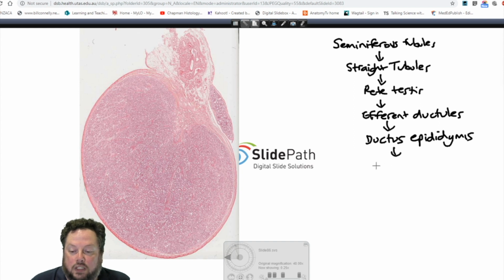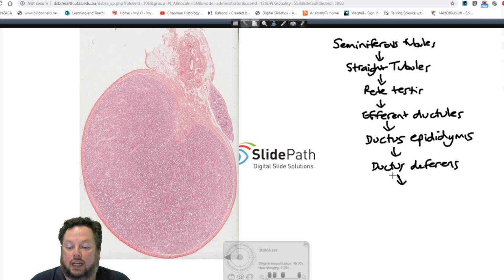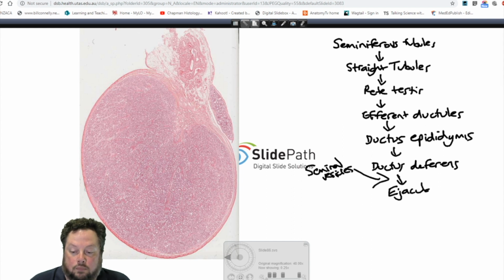The ductus epididymis becomes continuous with the ductus deferens. That then joins on with the duct from the seminal vesicles. So we've got our seminal vesicle. So they join together to form the ejaculatory duct, which empties into the prostatic urethra,